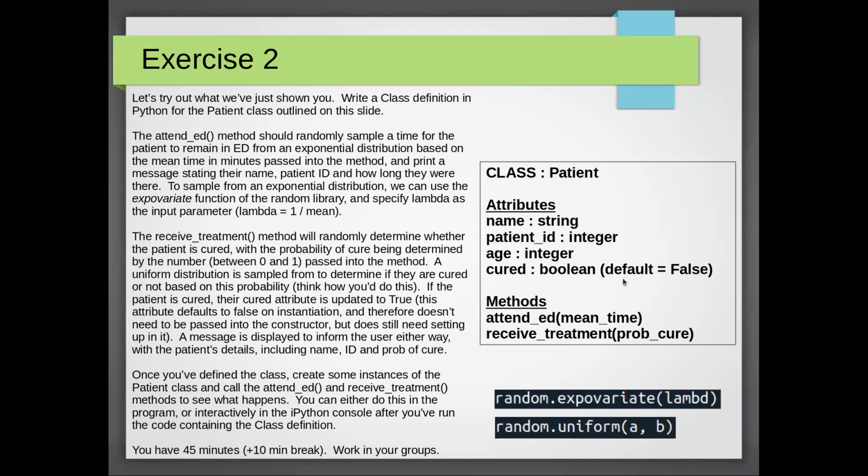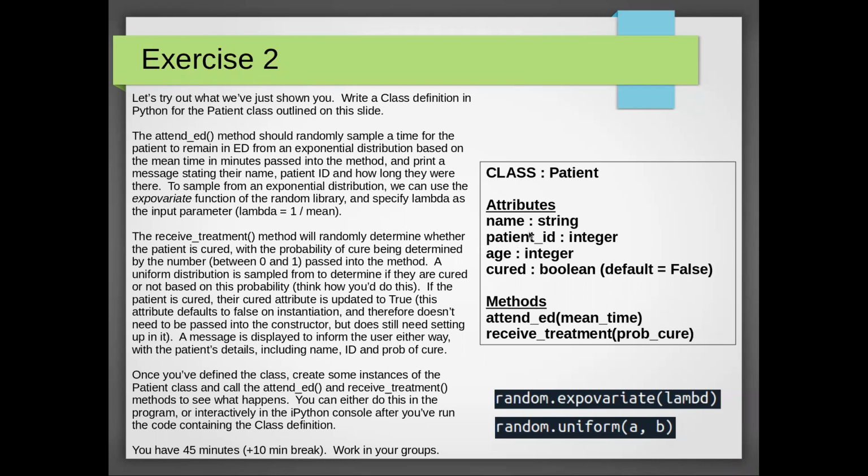So once you've defined all of that, and you created your class, and you created your attributes, and you've written the methods as described here, I want you to create some instances of the patient class and call the attend ED and receive treatment methods to see what happens. You can either do that by writing some in your program, or